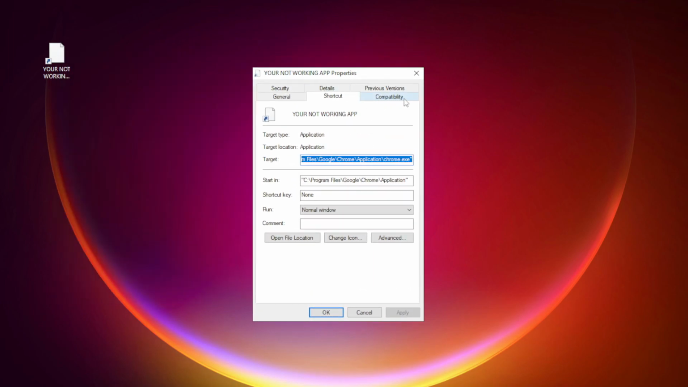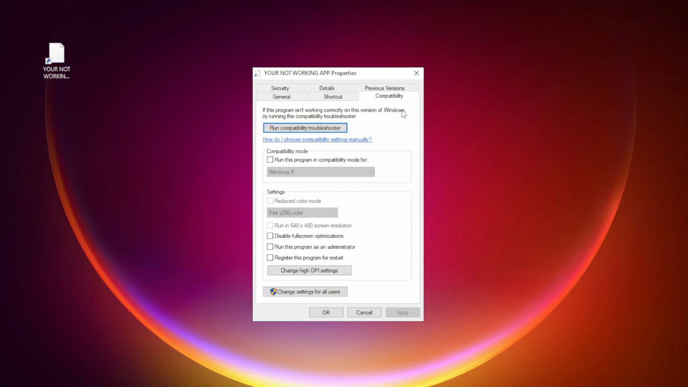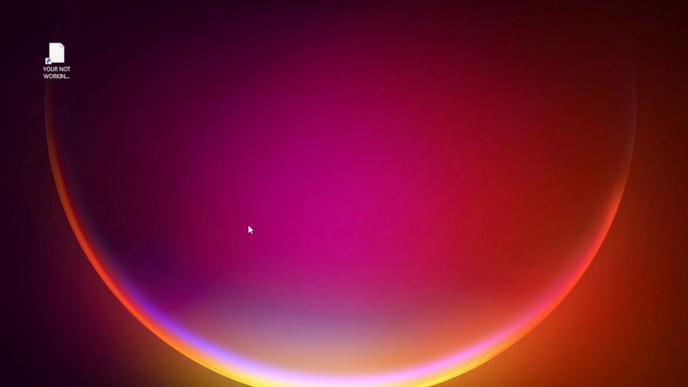Click Compatibility. Check Run this program in compatibility mode. Try Windows 7 and Windows 8. Check Disable Full Screen Optimizations. Check Run this program as an administrator. Apply and OK. Try opening the app. If that didn't work,